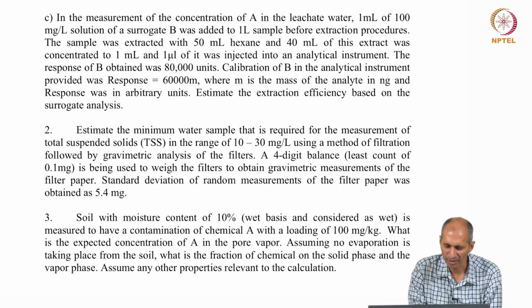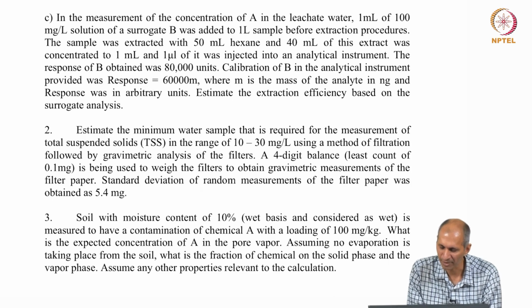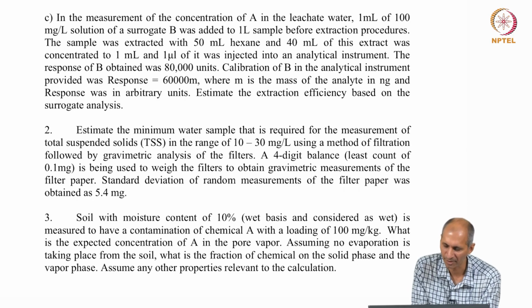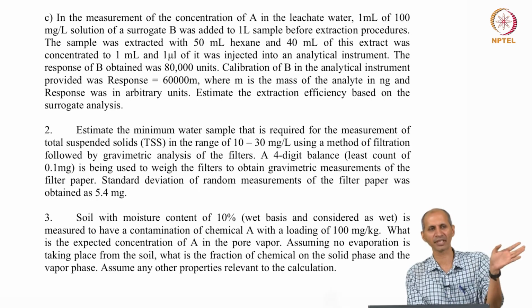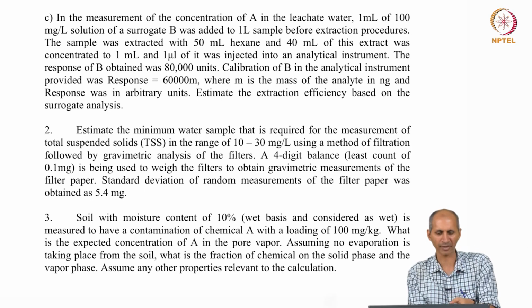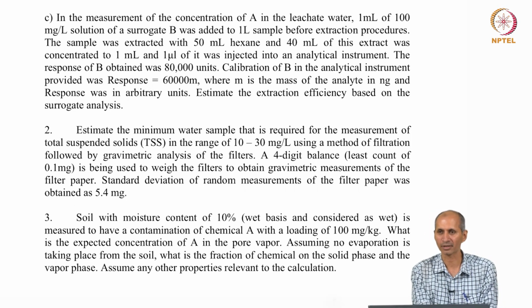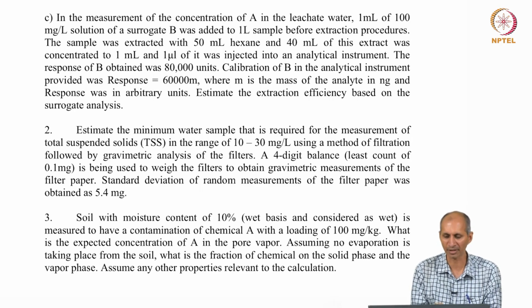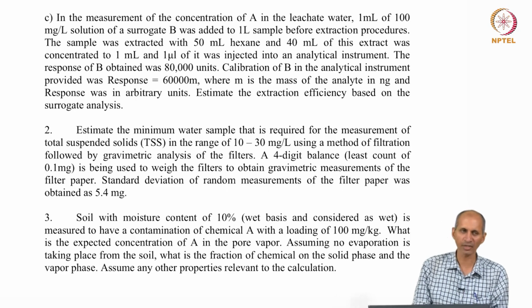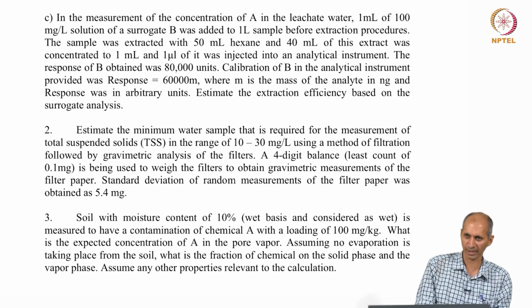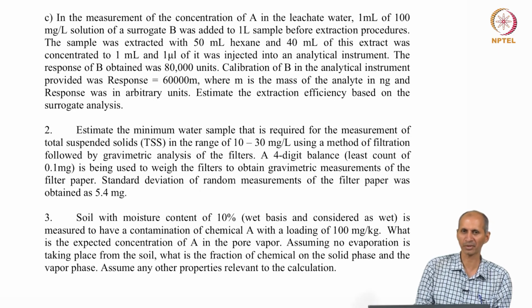Question number 3: soil with moisture content of 10%, wet basis and considered as wet, is measured to have a contamination. This is an extension of the problem we did in class when I did the mass balance calculation for the first time. We did it with wet, water saturated sediment. This is now with soil, which means that it has water and air both together. So you have to do the mass balance for all the 3 phases together,